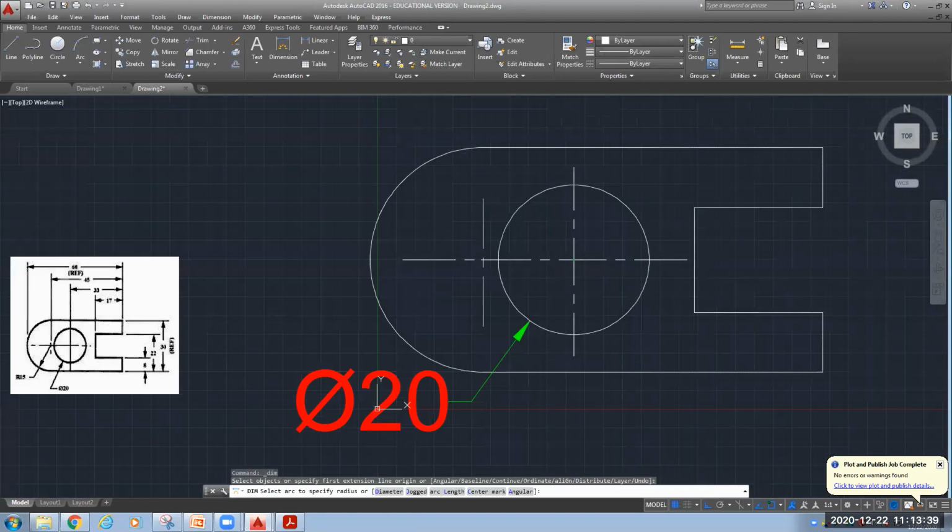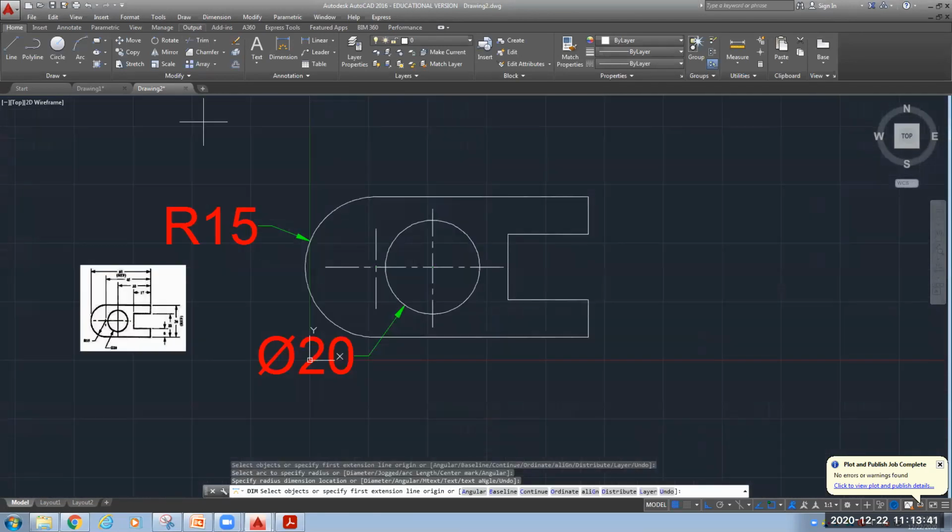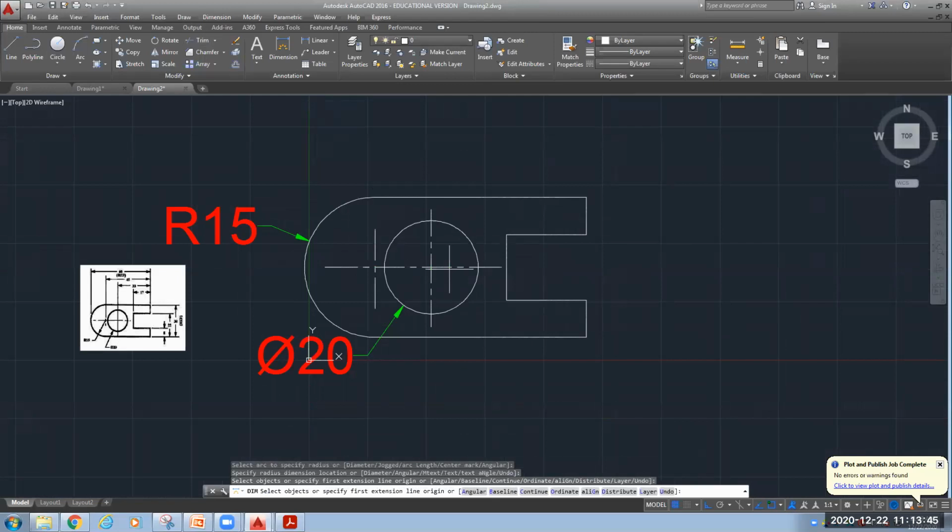Now, one by one, we will give all the dimensions. For the corresponding dimensions of the figure, you need to adjust the text height. Suppose we are keeping normally 8, here it is looking a little bit large, so we can reduce it. Again, we need to go for dim style. I'm using the up arrow.